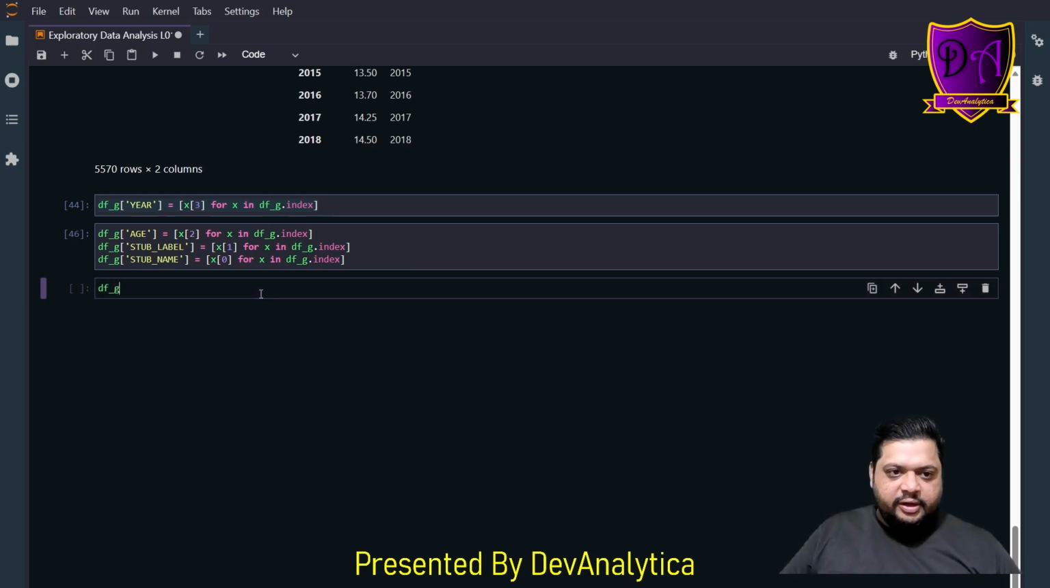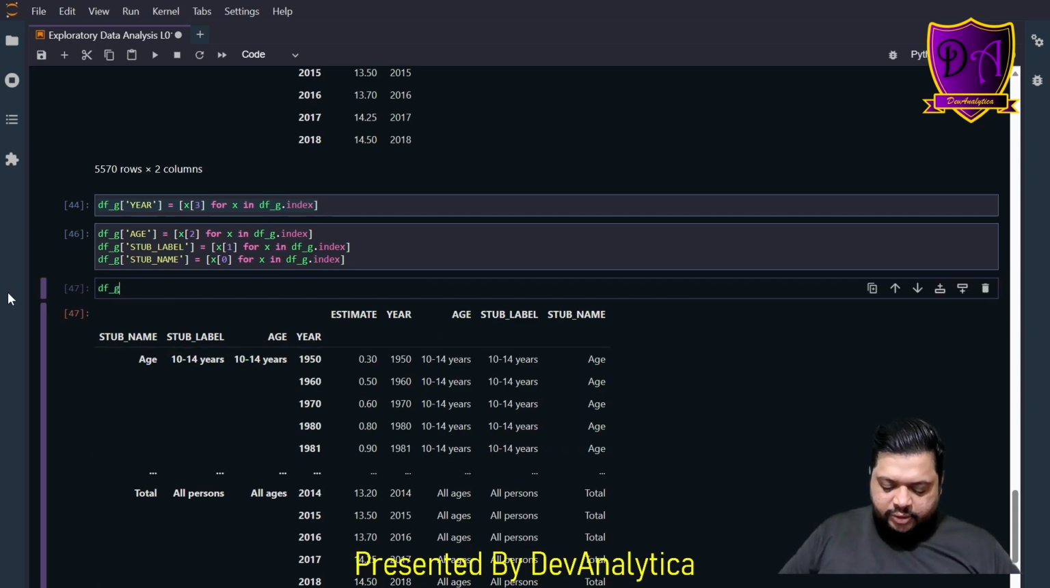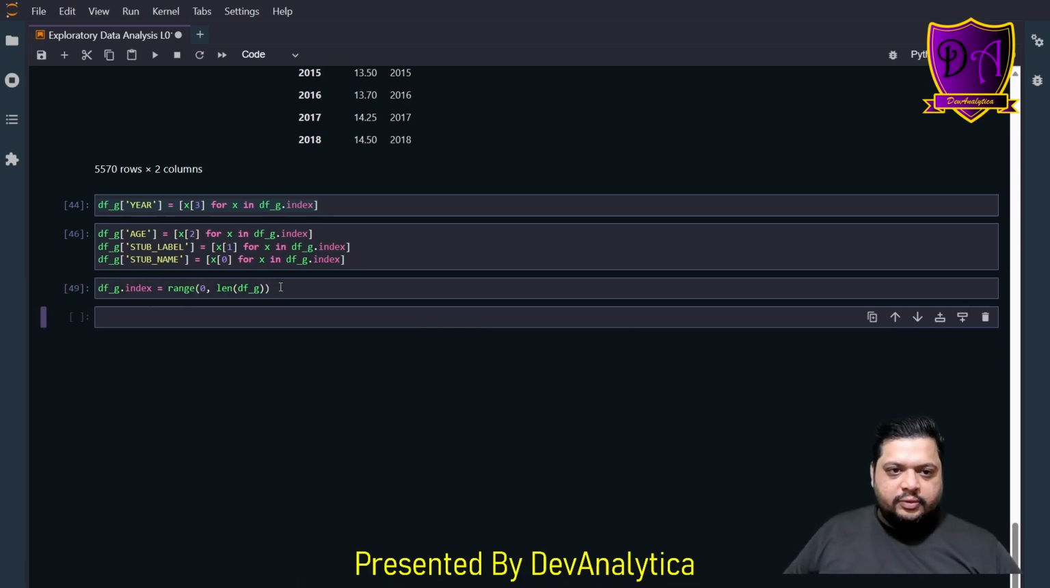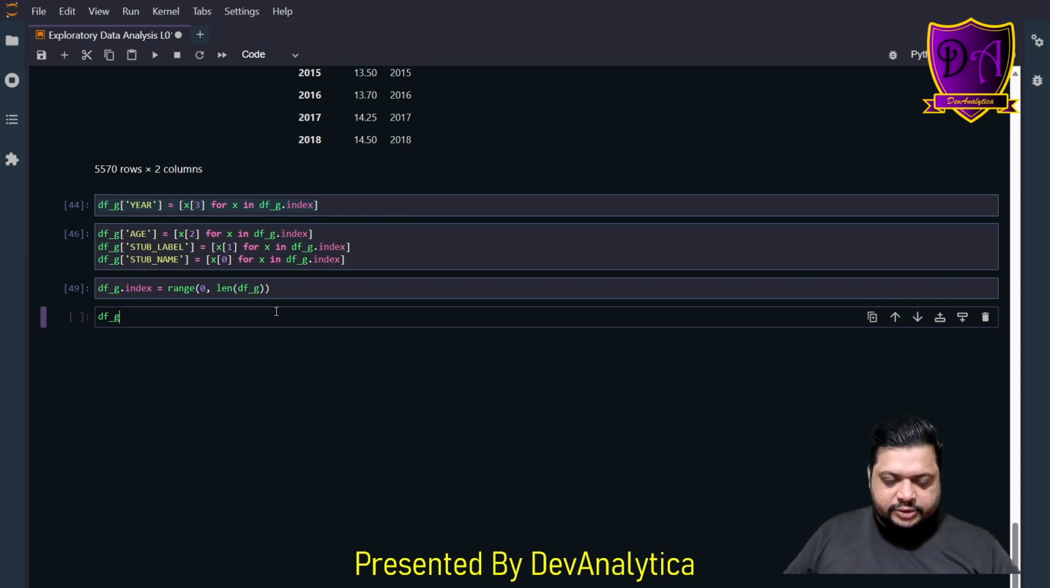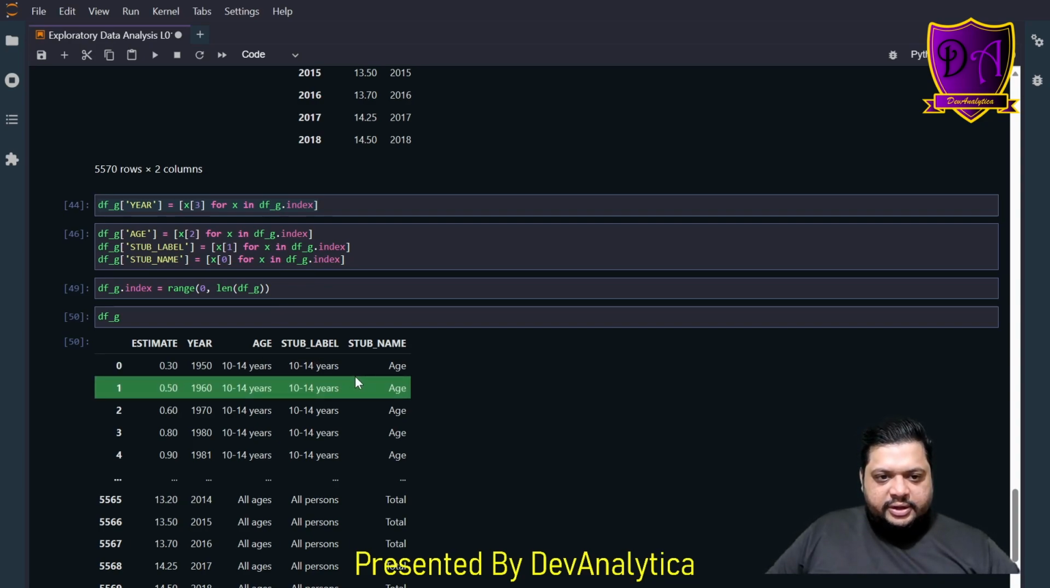Once we hit it, now we have df_g available like this, and you'll see that we have filled all the values. Now what I'm going to do is set its index as a range of 0 comma length of my df_g. So now my df_g data is actually ready, which has around 5,569 rows, and all such details available like that. Now the concerning part is that we have the estimate, we have the age details, and